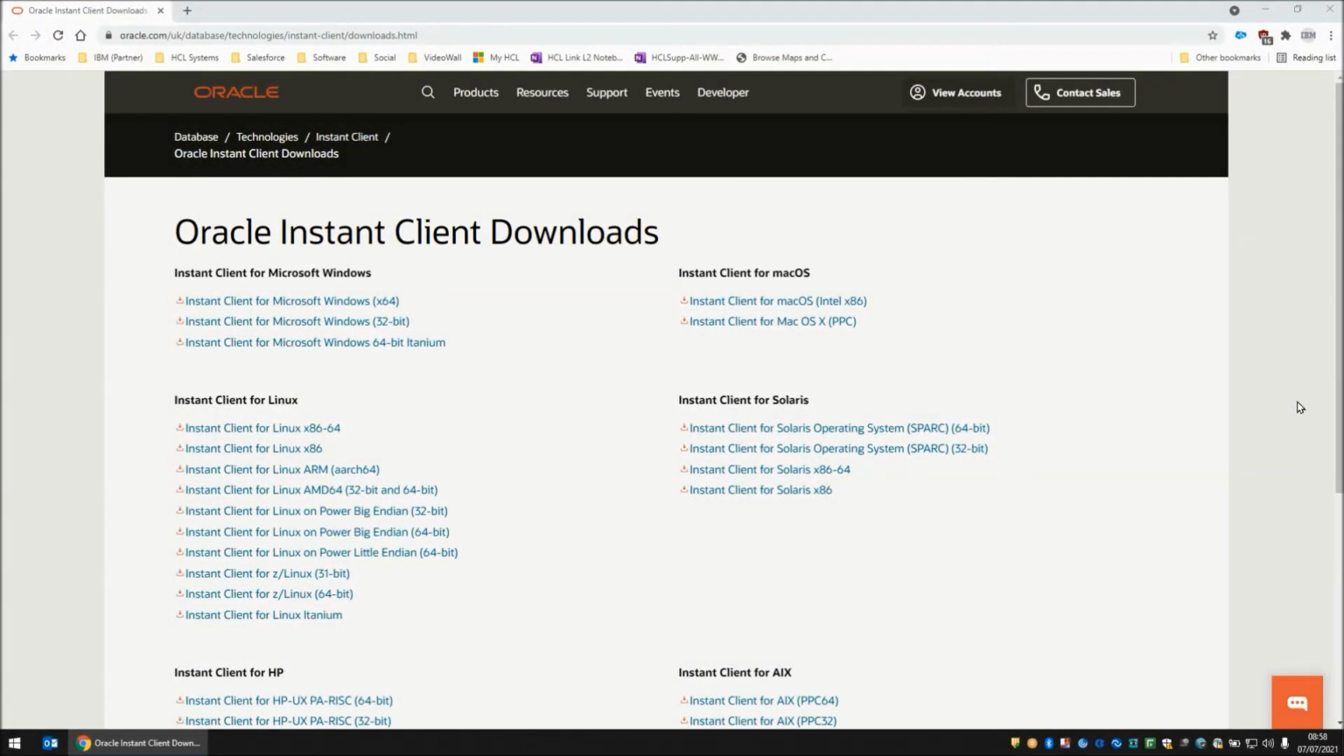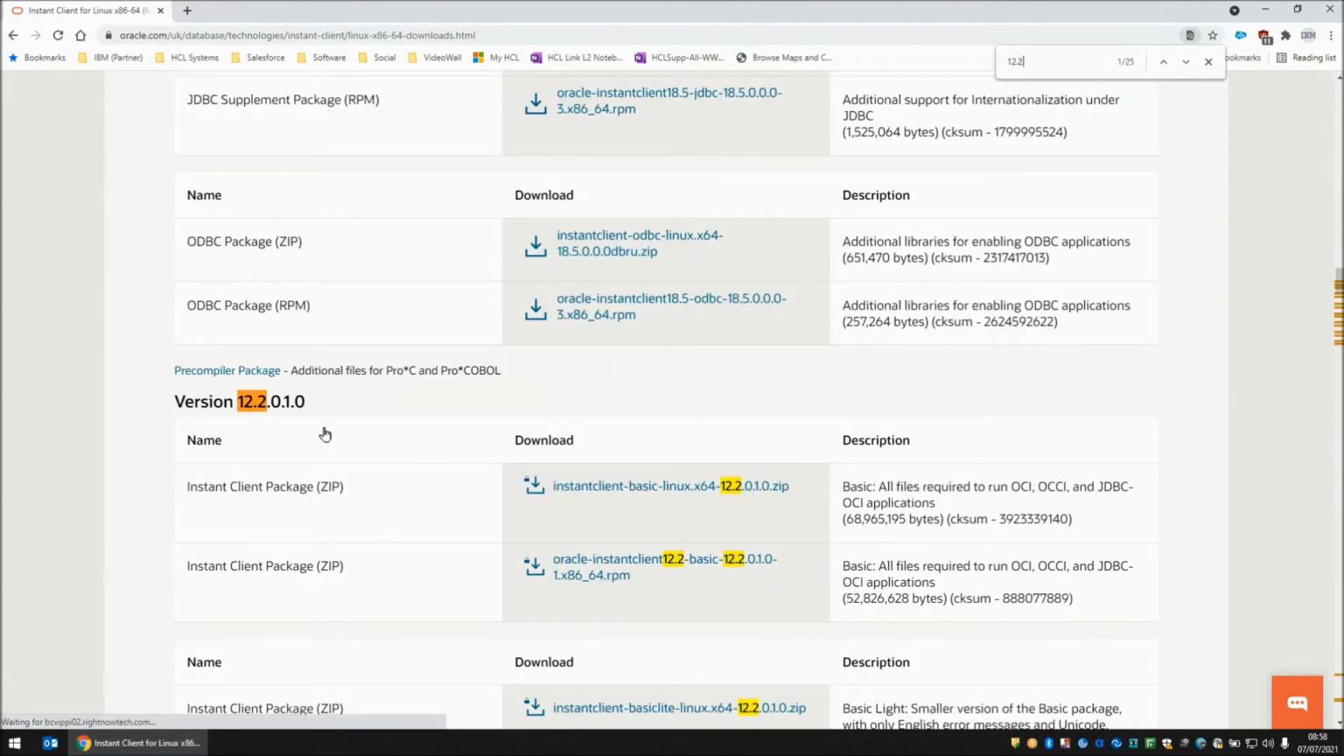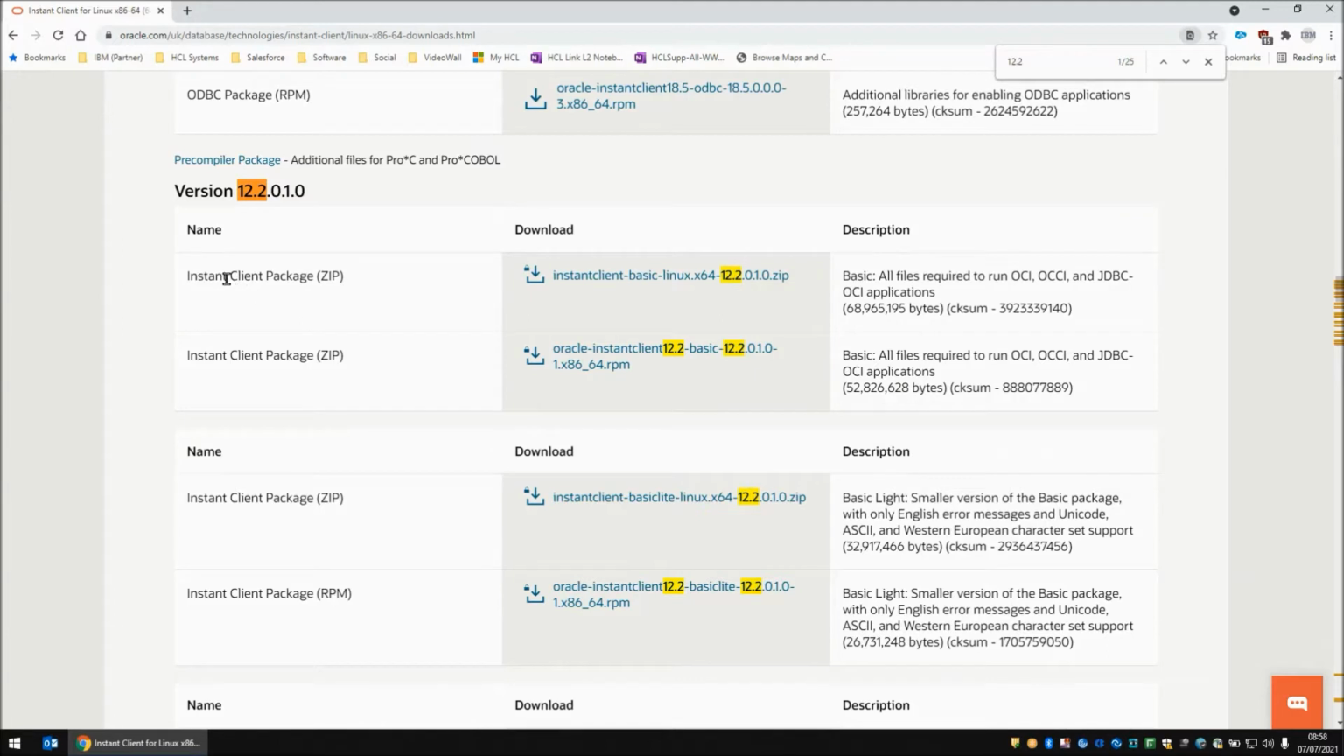So this is the page that we get to when we use the link in the previous slide. I'm going to use Instant Client for Linux. Obviously this information applies equally to Instant Client for Solaris, Instant Client for AIX, etc. I'm going to jump to the 12.2 installations and I'm going to download the Instant Client package basic